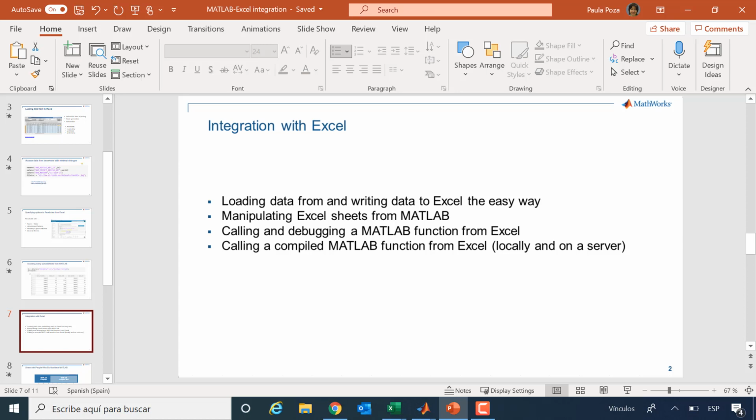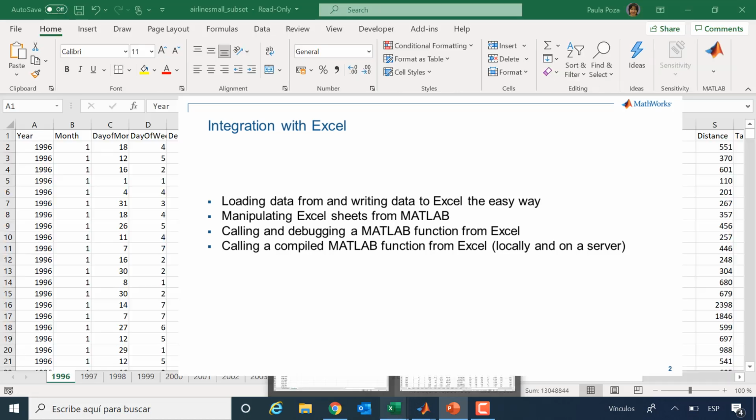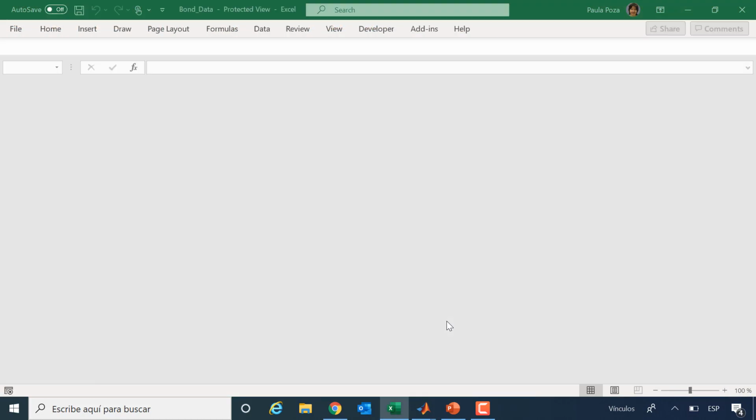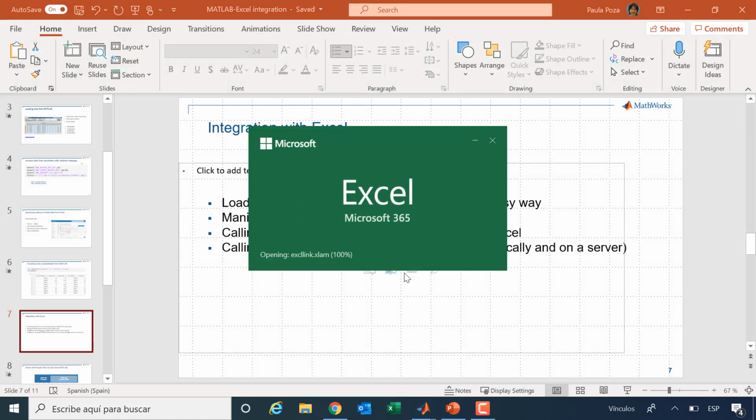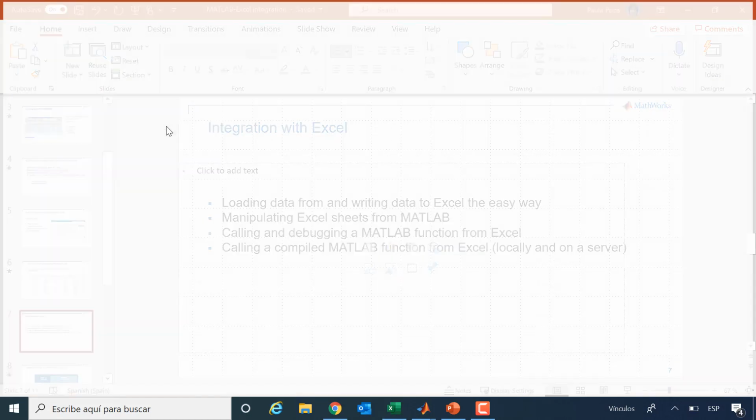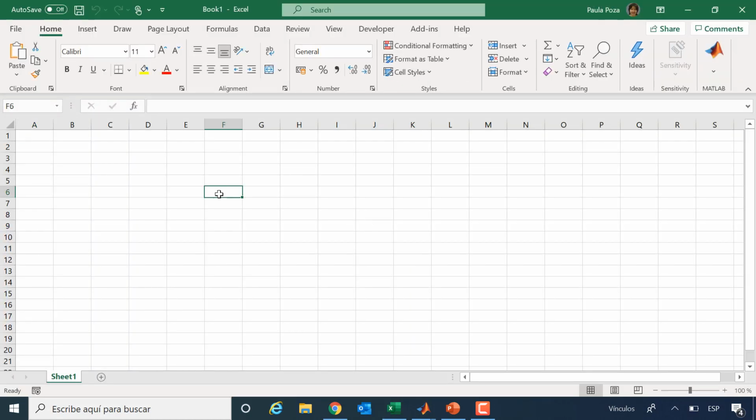Let's start first with the Spreadsheet Link. So for that, I'll close this and close that, and start a clean spreadsheet. Okay, so let's say I have here whatever you want to have, tables with data or your usual day-to-day work, and you want to use some of that data that you have here as input parameters to a function. You can use one input parameter, you can use many.